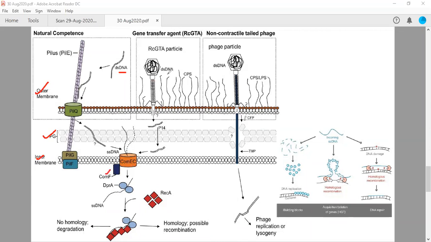In the second type, there may be some saccharide units present over the lipopolysaccharide layer, and some bacteriophage will transfer some double-stranded molecules of DNA, and finally they will be translocated through the same channel. And there is a third process also, in which the phage particles translocate this double-stranded DNA, and it finally comes directly into the cytosol.